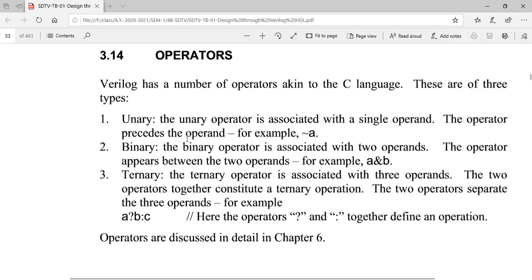So you see here binary. Binary means we will be having two operands. The binary operator is associated with two operands.